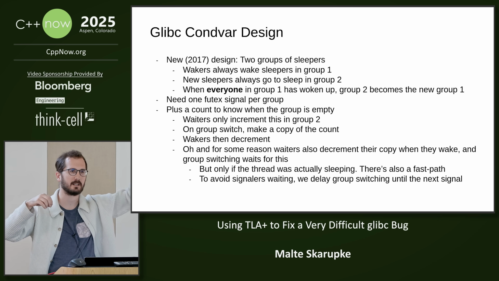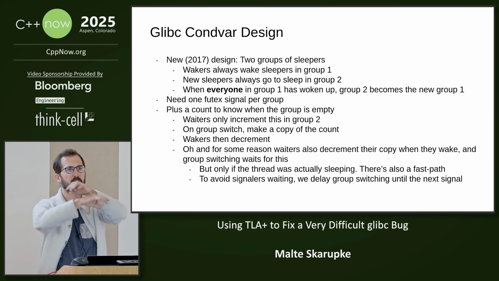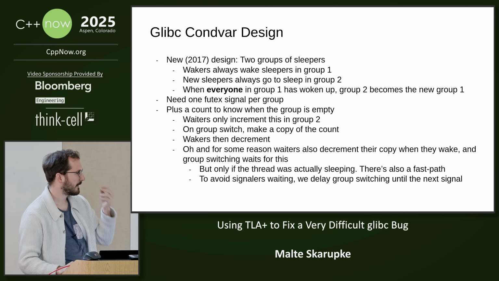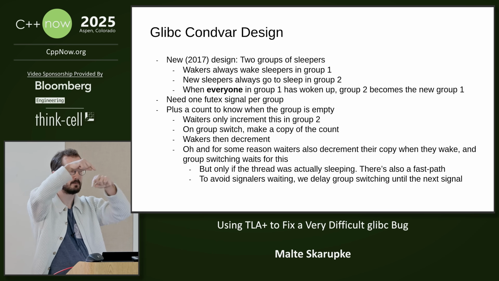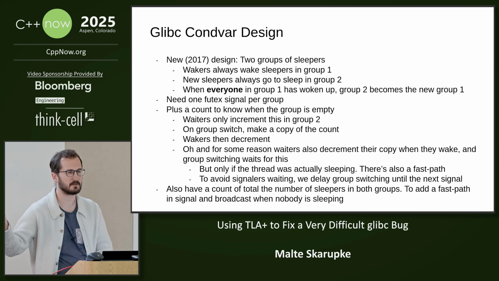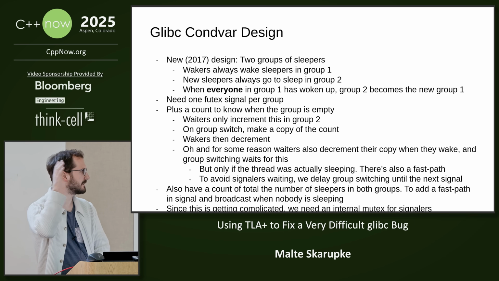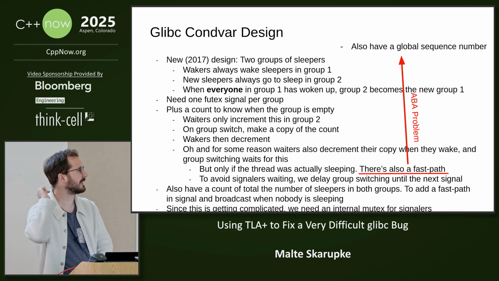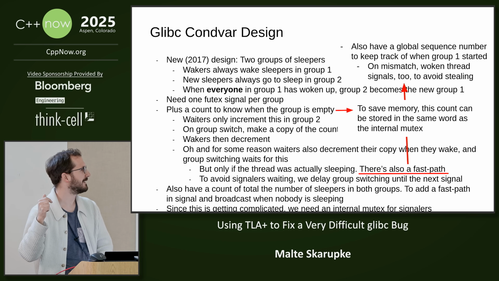So we take everything out, and it's empty now. The next signal finds an empty group, and then it says, oh, I have to switch the 2 groups. That is a problem because if you have an empty condition variable where no one's sleeping, you're constantly switching groups, which is expensive. So there's also a total count of the number of sleepers, which we have to keep in sync with everything else. This is getting complicated, so that's why there's the internal mutex. And this fast path leads to ABA problems, so we have the sequence number to keep track of when the group started. And basically,